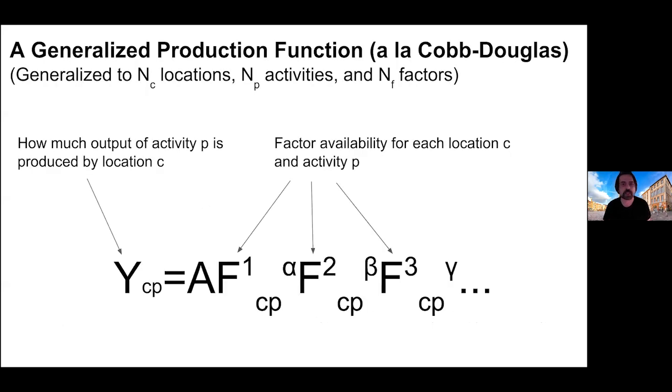Nice and simple. Now, we can generalize these production functions to multiple locations and multiple activities. So instead of having a single output, now we have one output per location C and per activity P, and we're going to have many factors, let's say M or N factors. Nice. Okay, and now the last thing that we're going to do here is simply take